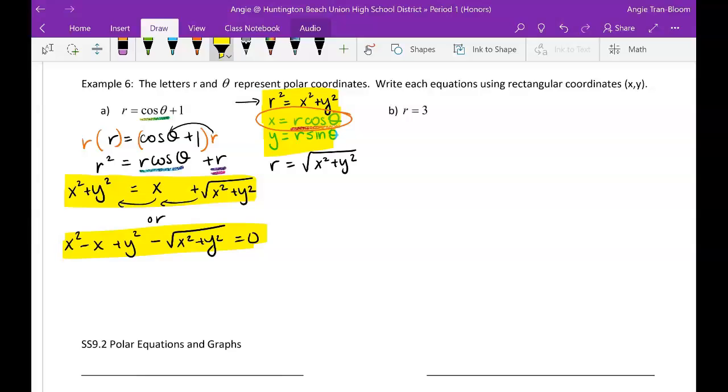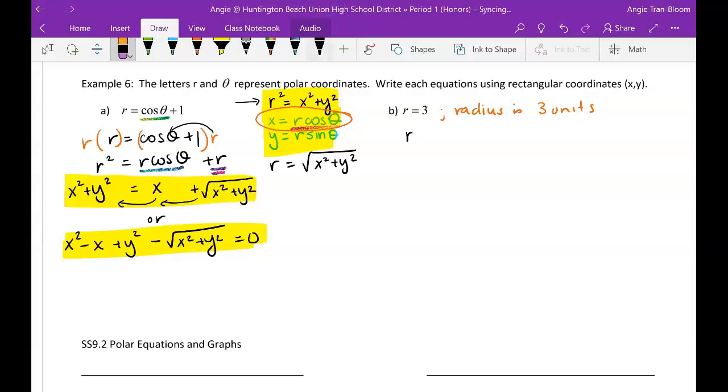All right, next. r equals 3. Now r is radius, right? So this is really saying the radius is 3 units, with no angle given. Sometimes in polar coordinates they don't need to give you an angle, and sometimes they give you an angle without the radius. So I want you to think for a second: what shape has a radius of 3 units all around? Well, as you're thinking that out, I'm going to work this out manually. So they gave you r